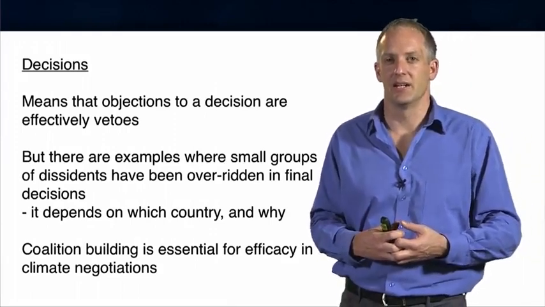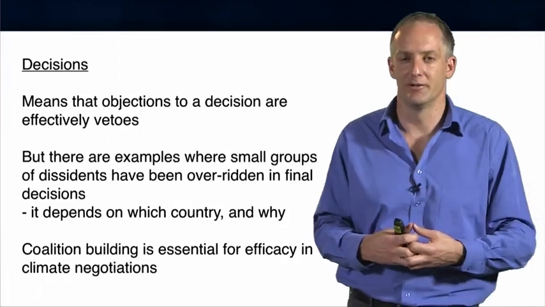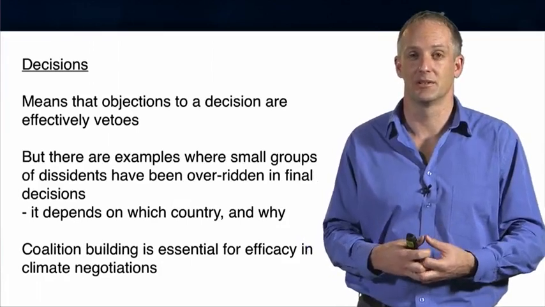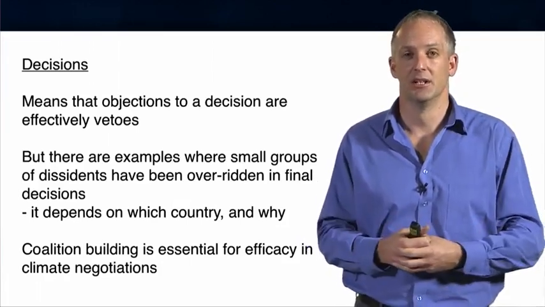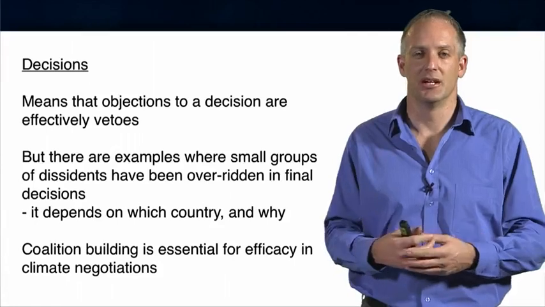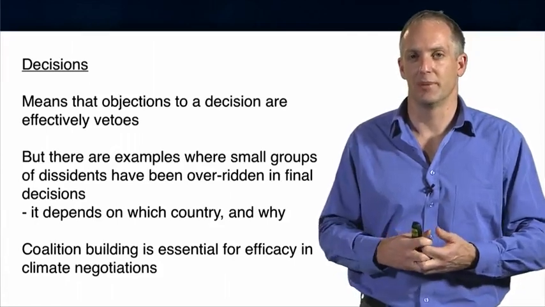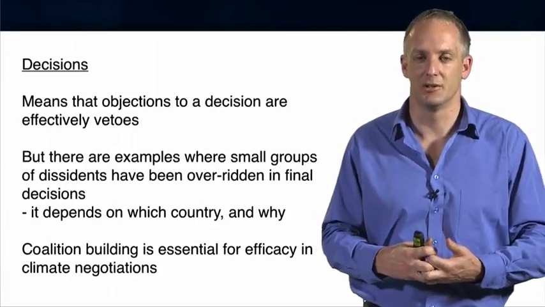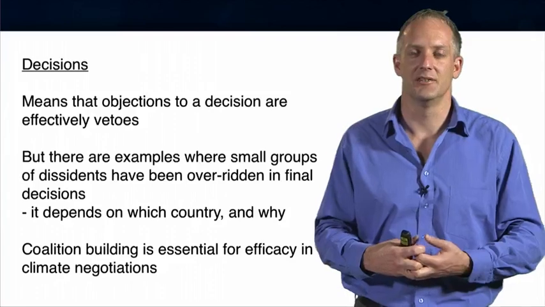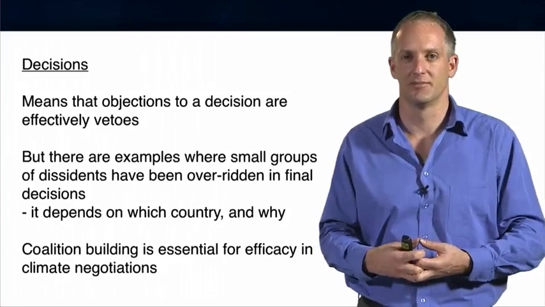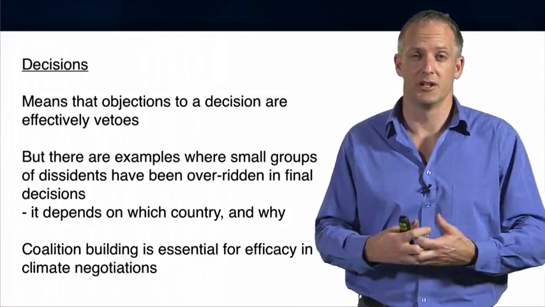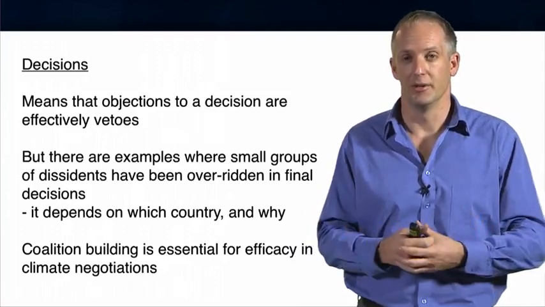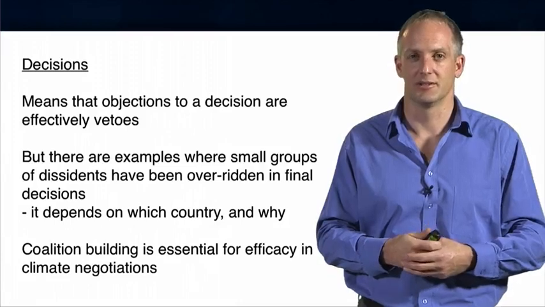What this means is that for countries to be powerful, it helps for them to build coalitions and act as groups and act in blocks, particularly small countries. An individual country like Kiribati, which is small, has very little diplomatic or legal power in the convention, and is far more likely to be effective, and its concerns are far more likely to influence the negotiations, if it acts as a group with other small island states. And so the 44 small island states do work collectively on almost every issue under an umbrella organisation called the Alliance of Small Island States.